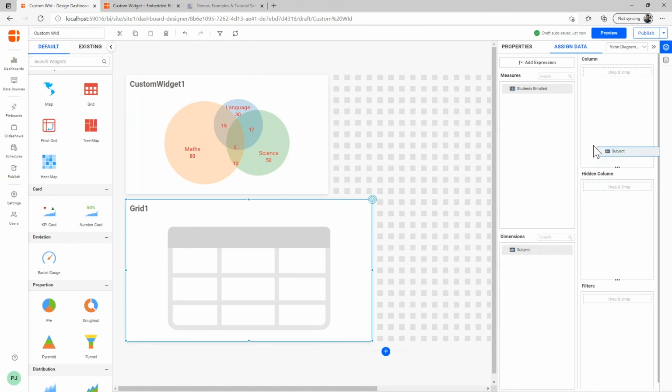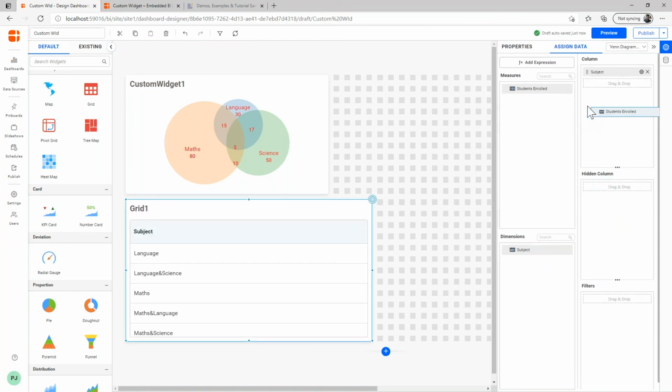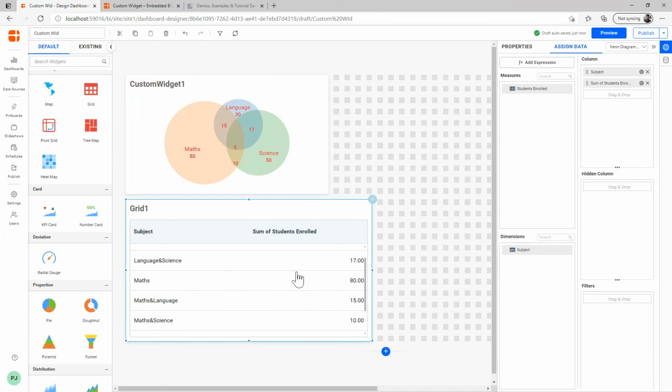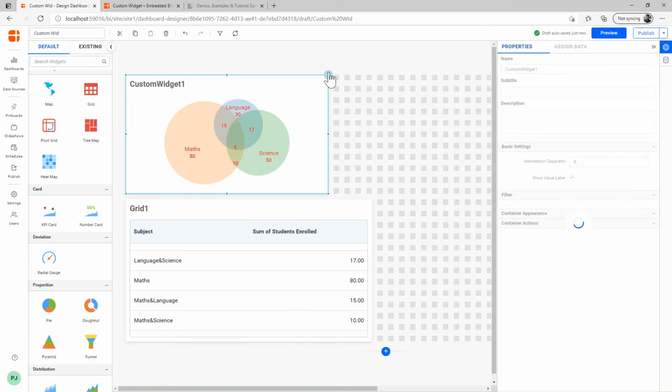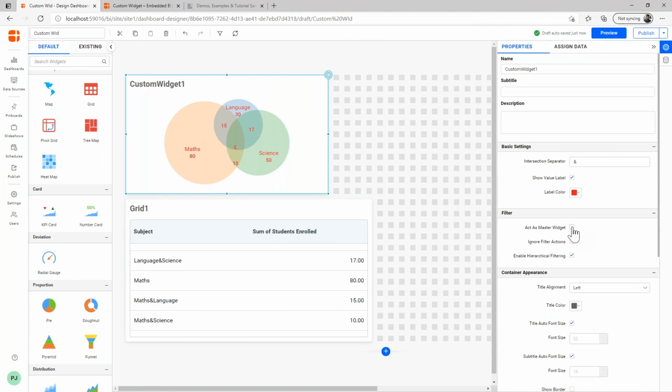So I'll add subject and students enrolled here. Okay, so now what you need to do is in the widget, you just need to enable the act as master widget option, so that now any interaction can be done through this widget. Okay, and also at the top you'll be able to see a filter configuration window,